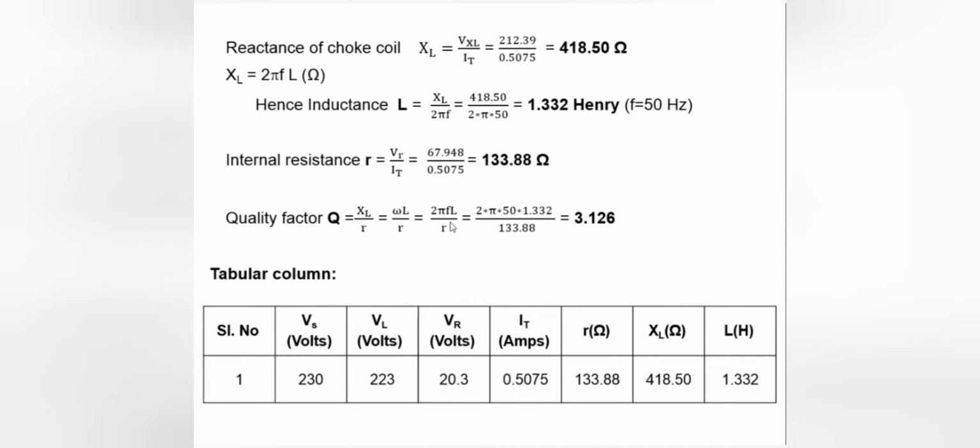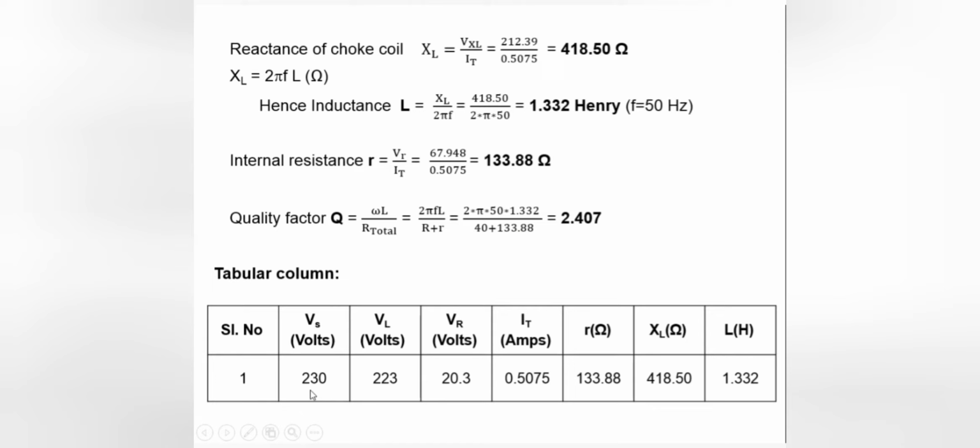The quality factor of any choke coil is defined as the ratio of inductive reactance to its resistance. The quality factor is denoted by the letter Q, equal to XL by R. XL is nothing but the reactance of the choke coil, which we can write as omega L by R, or we can also write it in one more form, that is 2 pi FL divided by R. Substituting all the values, that is 2 into pi into frequency 50 and L value 1.332, divided by the resistance, that is 133.88, you will get the quality factor of the choke coil as